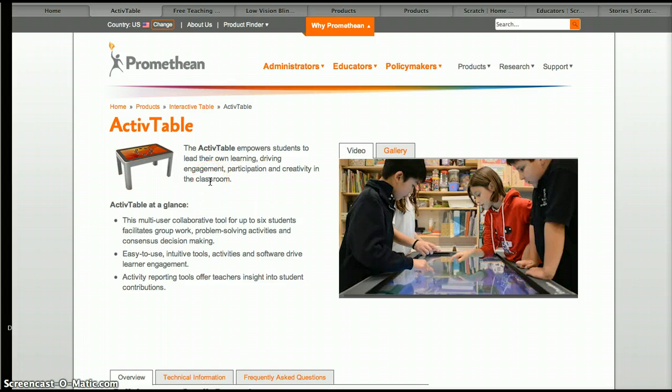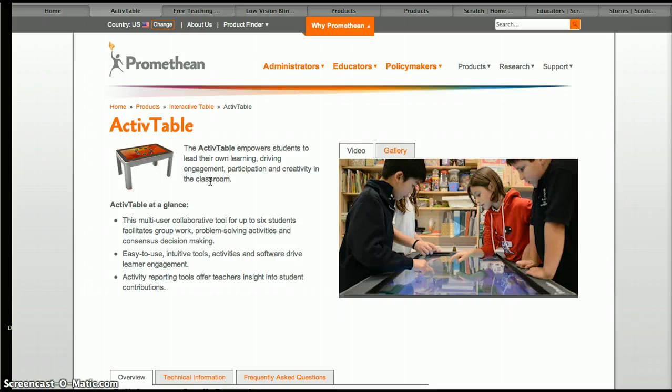That's this one here. ActivTable is a 46-inch HD LCD display smart table with a touch-sensitive screen. It offers multi-user capability via 60 points of touch to accommodate up to 6 users per table. Up to 6 internet connections can be open at the same time on one table, and the table has 4 USB ports. Currently there's 70 activities available, and ActivTable comes preloaded with 30 activities, and additional activities can be downloaded